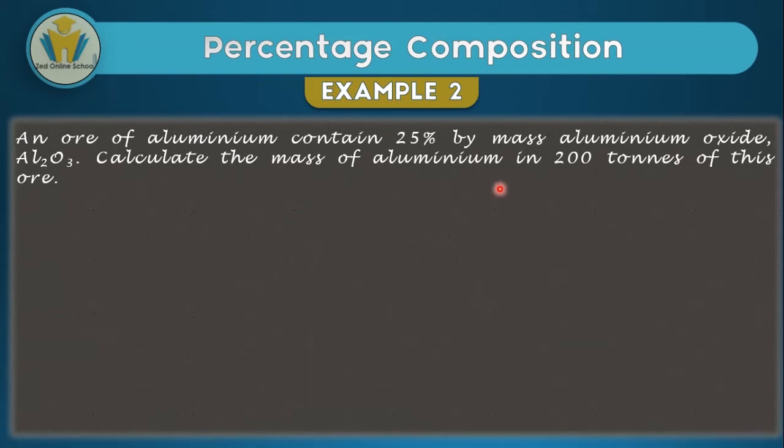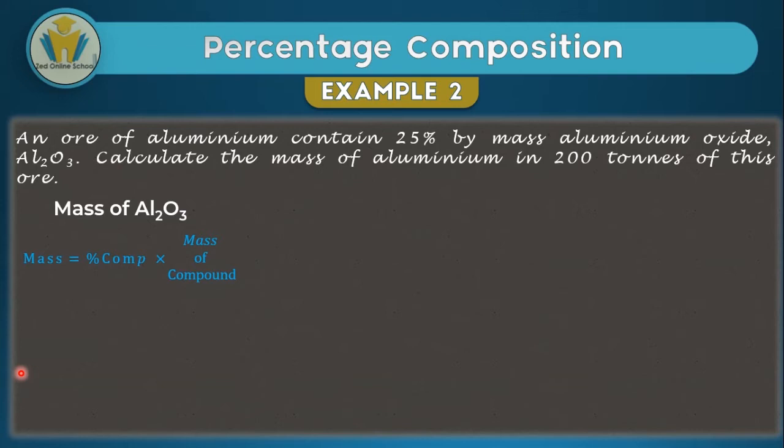Simply put, aluminium oxide does not occupy these 200 tons totally. It only occupies 25%. Therefore, to find the actual amount of aluminium oxide we're working with, we need to find the mass of aluminium oxide by applying the percentage composition. To do that, we're going to get the percentage composition and multiply it by the mass of the compound. The compound here is the aluminium ore, which is 200 tons. So the mass of aluminium oxide in this ore